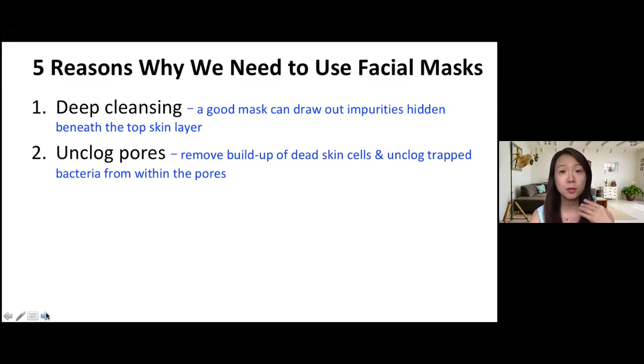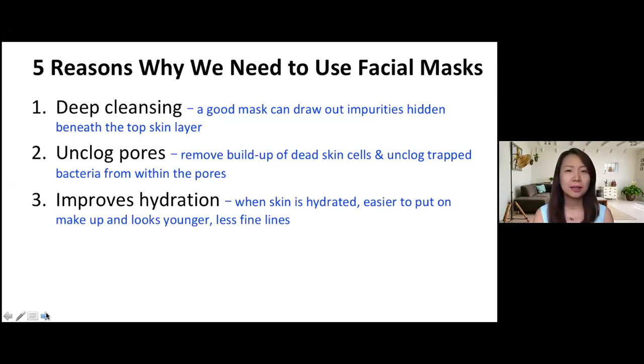So especially for those people who tend to have breakout problems, it is definitely all the bacteria growing under your pores, and you really need to use a cleansing mask to unclog them. Okay, and then after you do all the cleaning, just like the car, you want to do a nice polishing so that your car looks good and new and radiant, right? Yeah, so similarly for our skin,